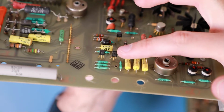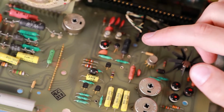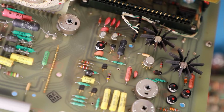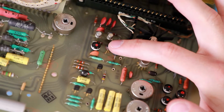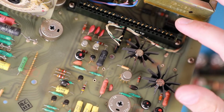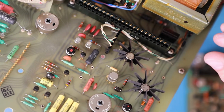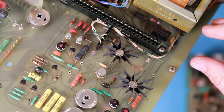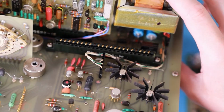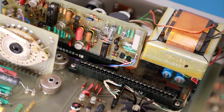So these are your standard, well-known transistor packages, but behind them are two ceramic packages. Can I get them in focus? Yes. Two ceramic packages, and behind them are two metal cans. So we have a lot of different transistor packages on this board. Transistor and IC packages. Like this one will be an IC. And on the board behind, there's a standard dual inline package IC, but